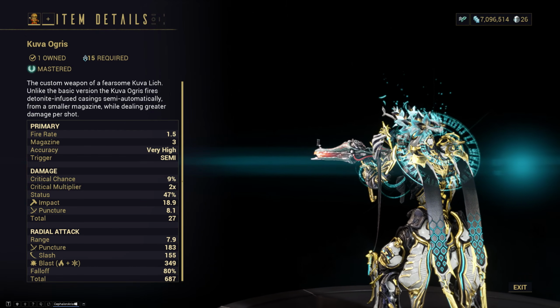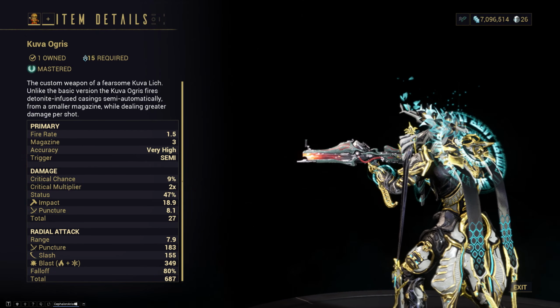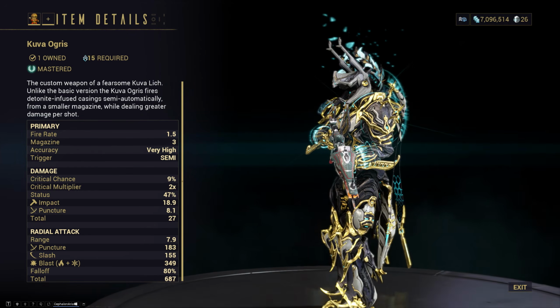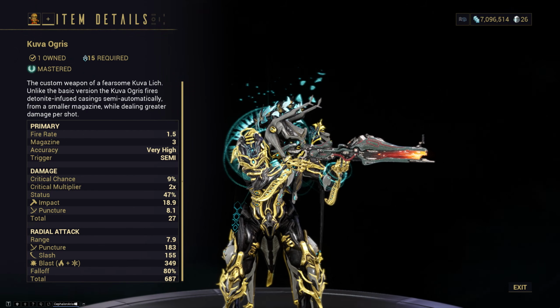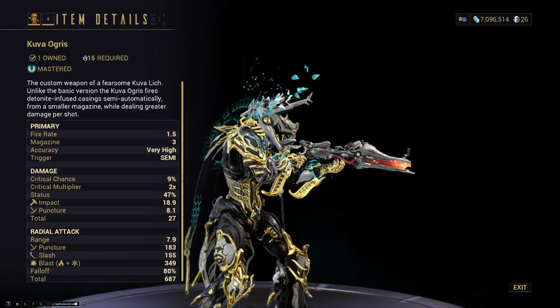Oof. Kuva Ogris has an interesting set of stats. It's a primary rocket launcher that has bugger all crit and very high status chance. Most of the damage comes from the rocket explosion, which does primarily blast damage, but there's still a decent amount of slash and puncture on it as well. The explosion here is very large, 7.9 meters at base, which is humongous, but the fall off is also very